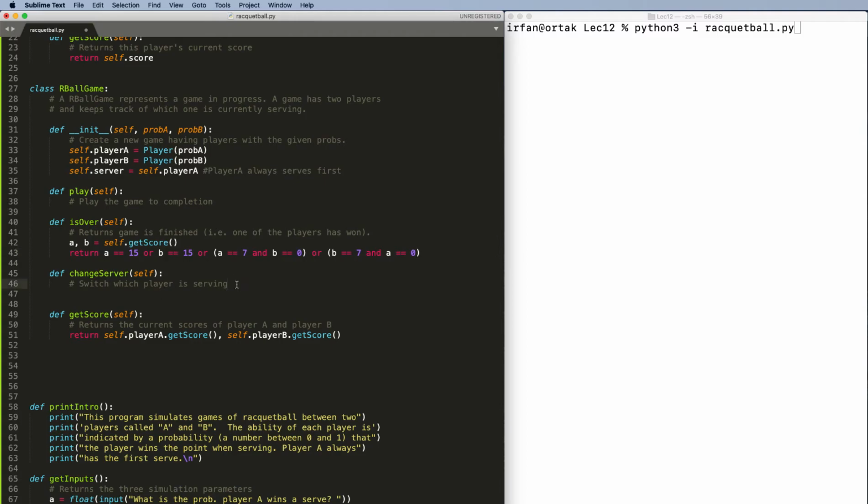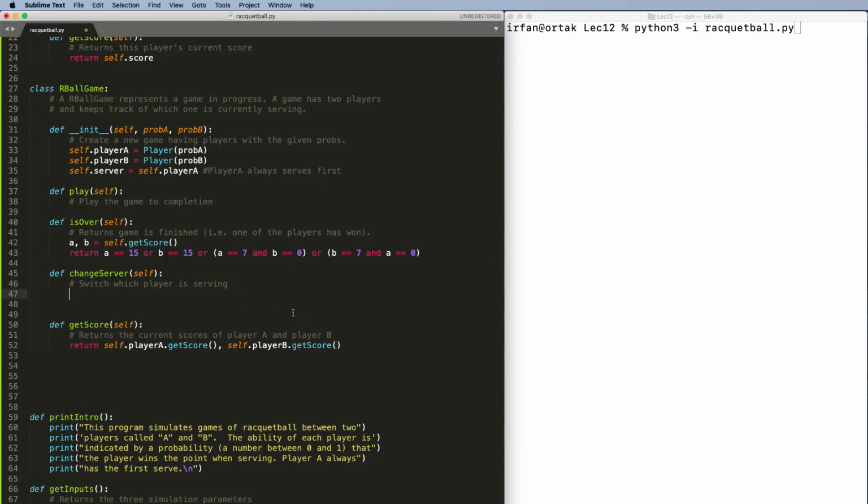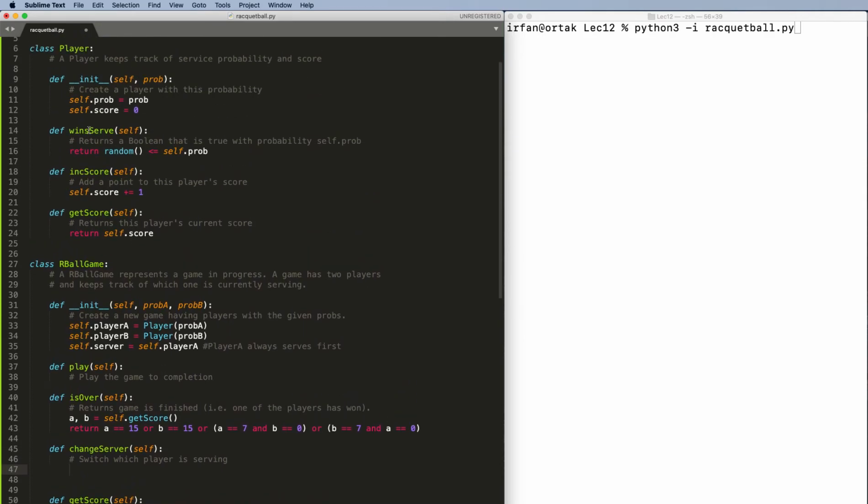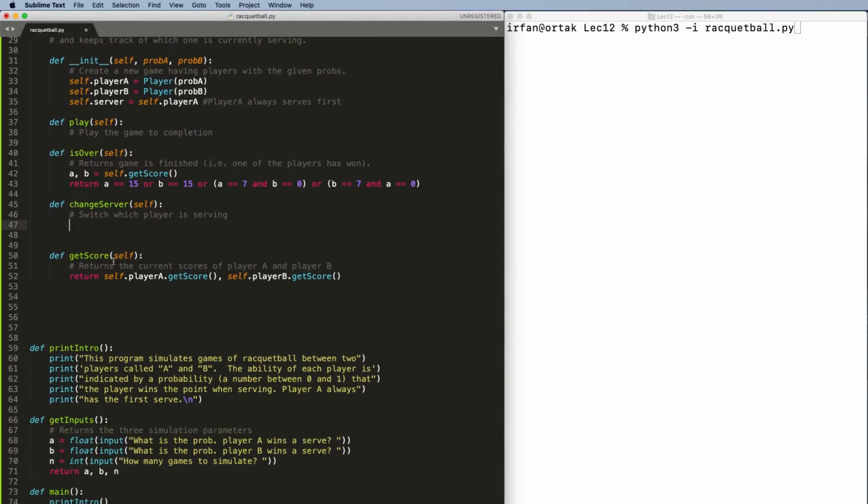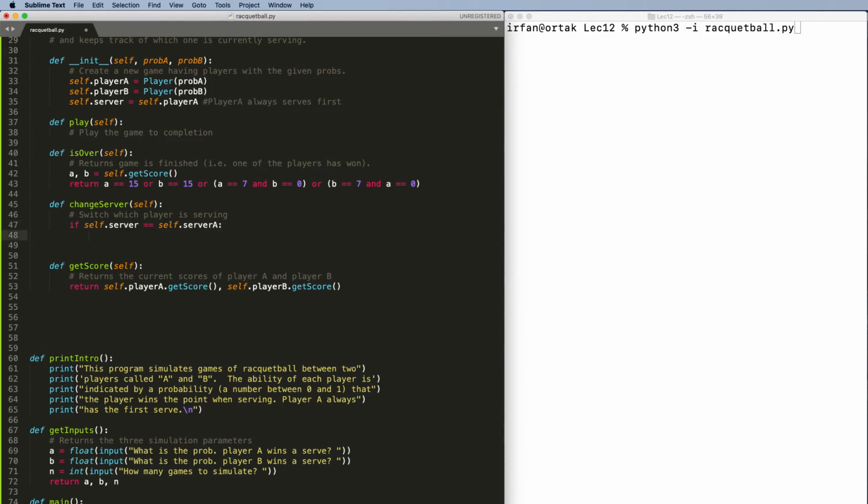So the next is the change server. Based on how the players either win or not, the server has to change. So how do we do that? We can say if self.server, so remember server serves, and then if self.server is equal to self.serverA. If that's the case, and then we can say